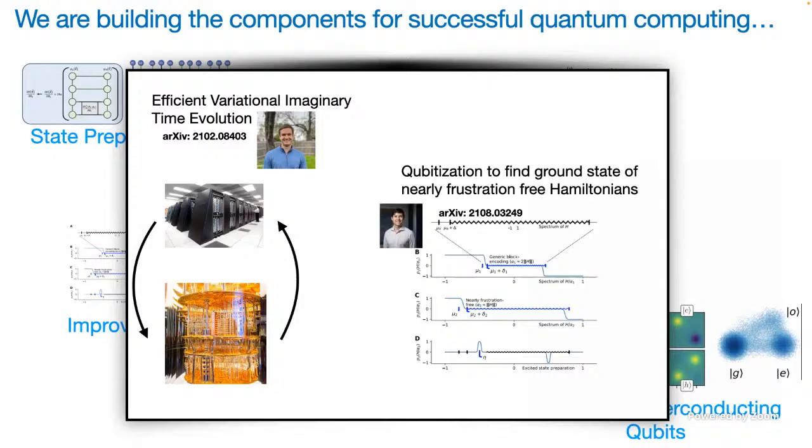We've also spent a lot of time developing quantum classical hybrid algorithms. What's a quantum classical hybrid algorithm? It's an algorithm where your quantum computer runs for a while, gives your classical computer some information, your classical computer churns for a long time, hands something back to the quantum computer, and it goes back and forth. Actually, that's not what most of these look like. Most of these, the classical computer does almost no work, but at least this one, the classical computer has to sweat. And here we developed a technique to do efficient variational imaginary time evolution. This is useful if you want to compute finite temperature properties of quantum many-body systems. It's useful if you want to compute ground states.